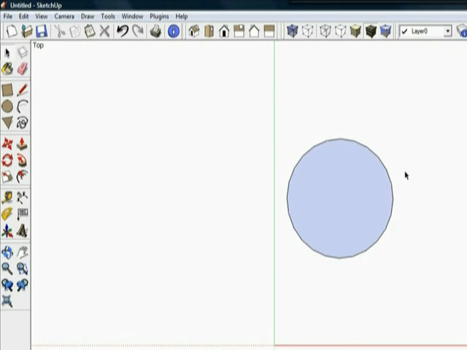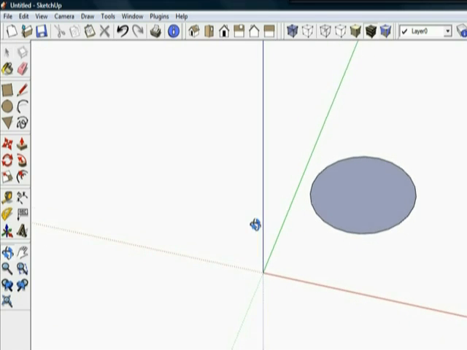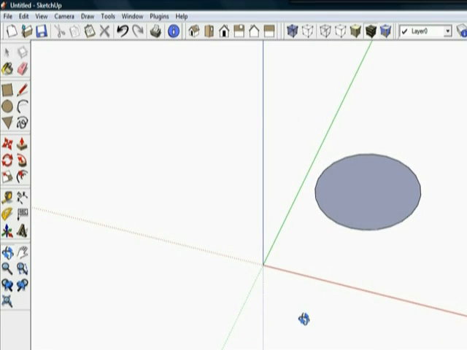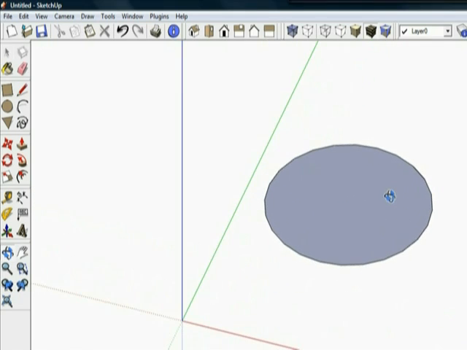Get our nice smaller line segments back. But let's say for some reason we had opened up somebody else's file, or we had been working on a file. This happens a lot when you imported DXFs in the older versions. Since we can't really do DXFs anymore, it's kind of a moot point, but I wanted to show you